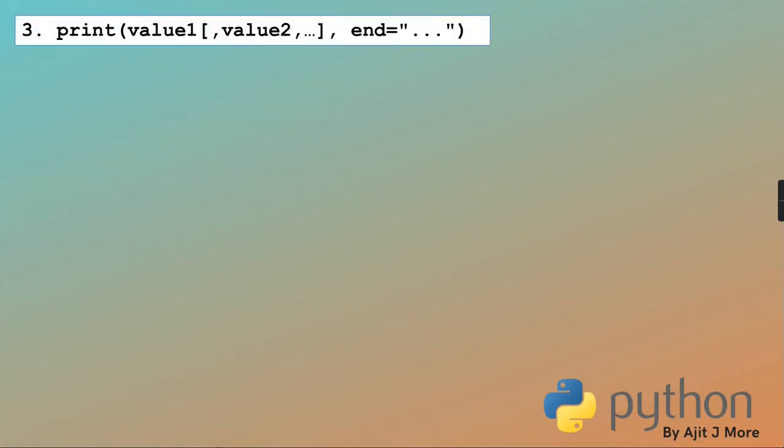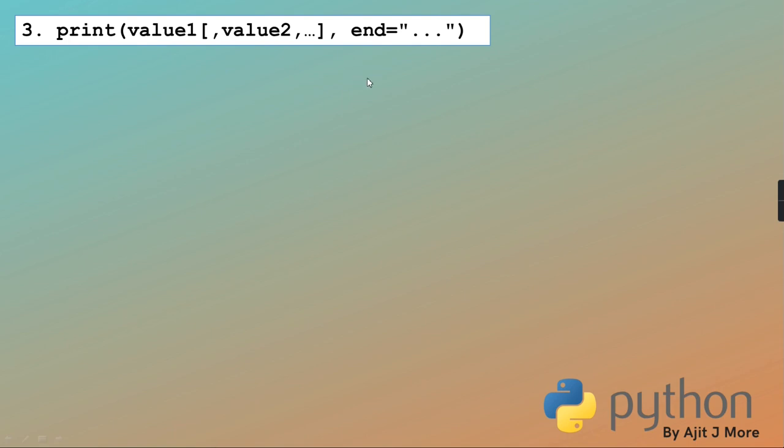I'm sure it is getting recalled because yesterday we discussed all these things. Now after reading on the slide, it's becoming more perfect, isn't it? So the third one is a list of values, but there is one parameter called end. Because as I said, by default print puts a new line at the end after printing the values.